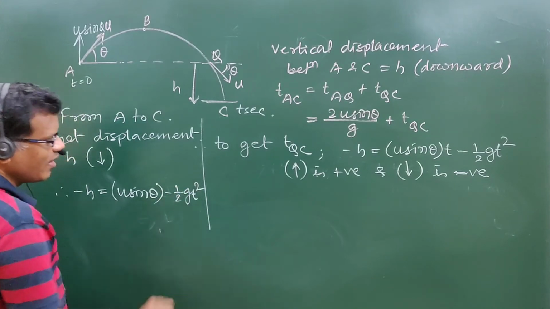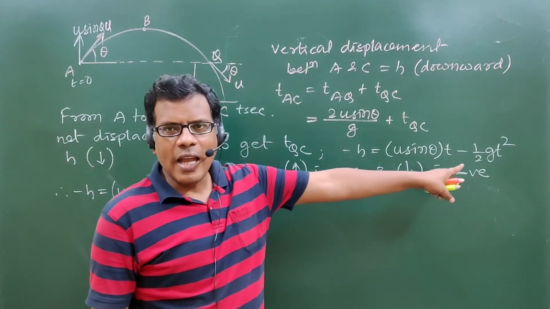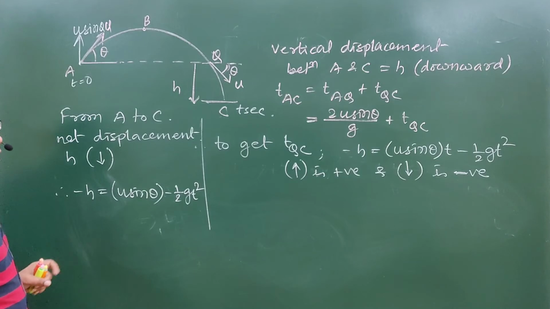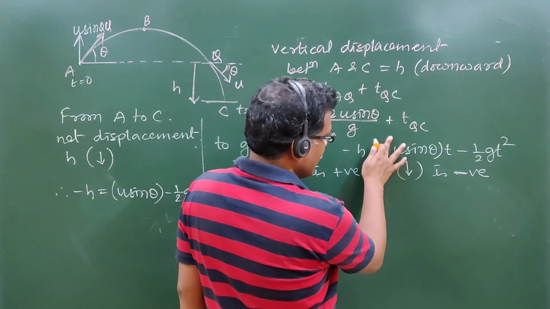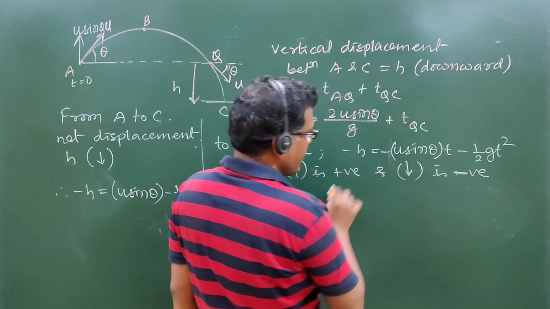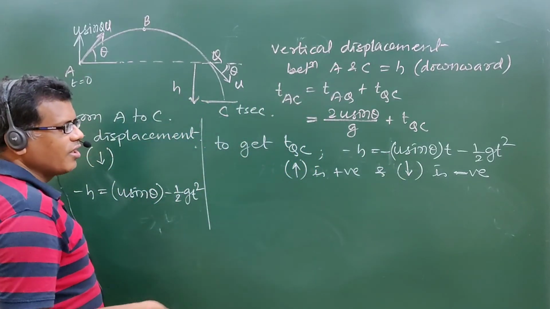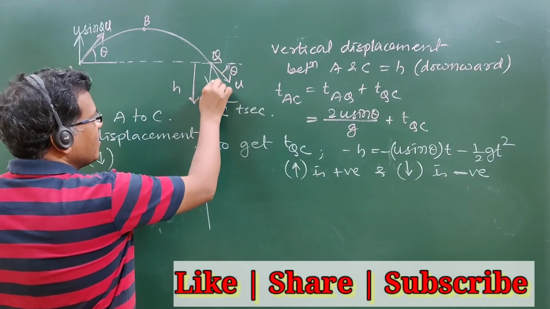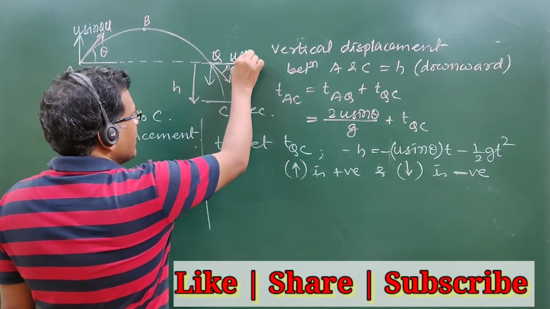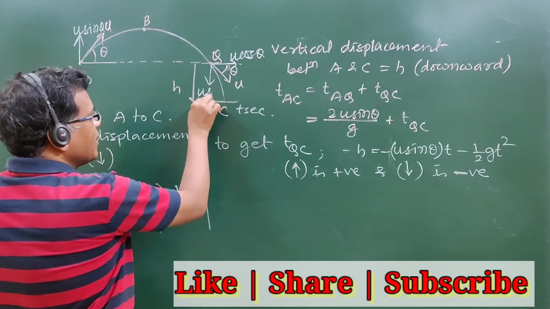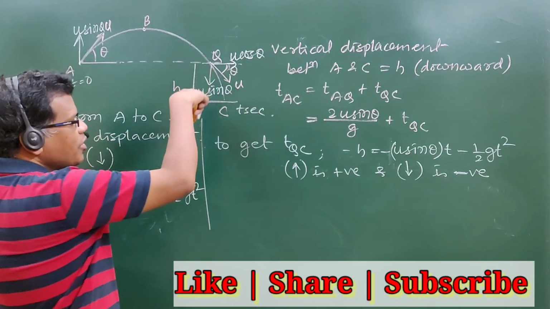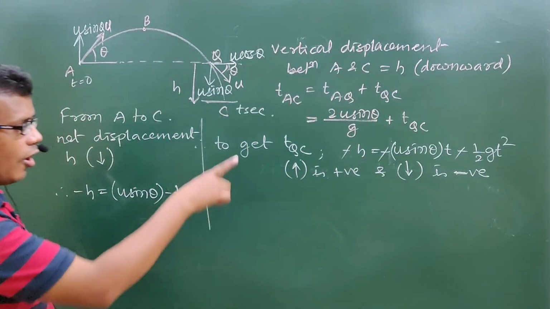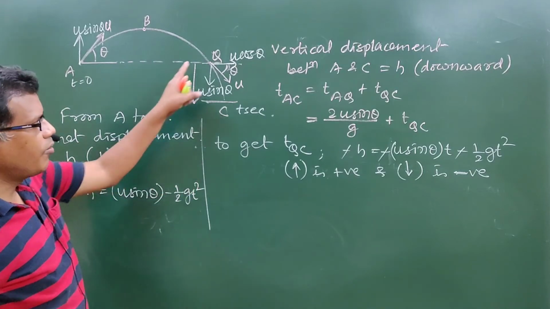So you may raise one question. We are using absolutely same formula to get the time of qc, right? Oh sorry, I have made one mistake. In this, u will be negative, because when we are writing it for q to c only, at that time u was this one and components were something like this, u cos theta and u sin theta. So that's why all three are same in direction, so ultimately it gets cancelled out. This is the difference of using the same formula for q to c.